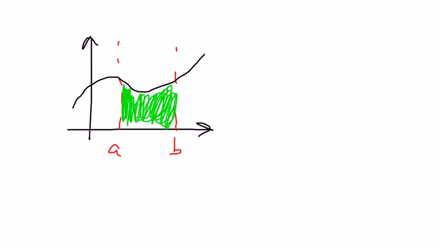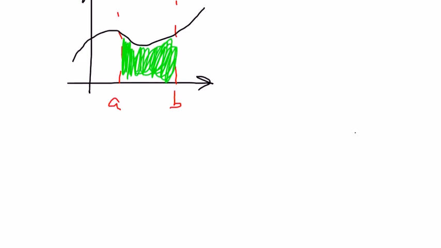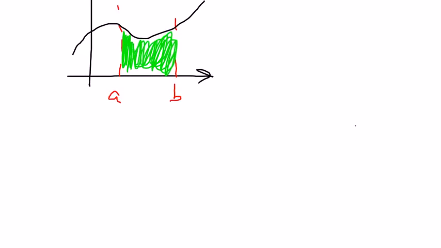Okay, so by definite, what we mean is that we know the boundaries, which is this a and this b. If it's an indefinite integral, that means it can go over some infinite range. It can go from 0 to infinity or negative infinity to infinity, depending on if you have symmetry or not. That's something that will be dealt with in a later video. So, for a definite integral, you use the integral sign